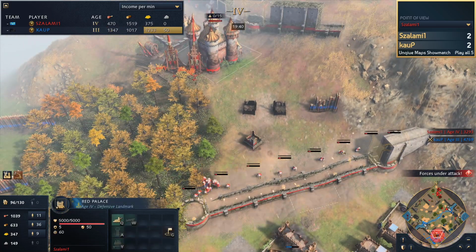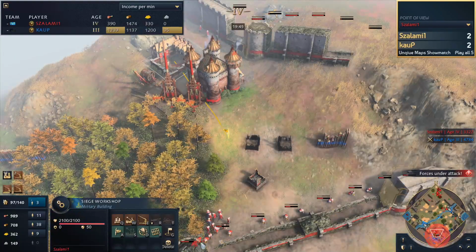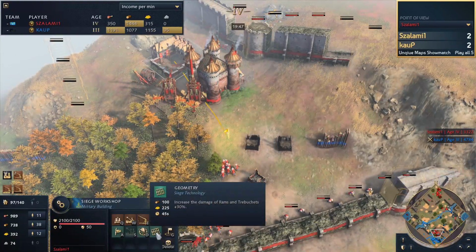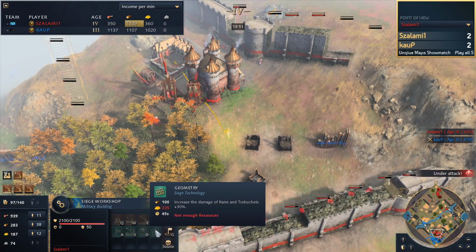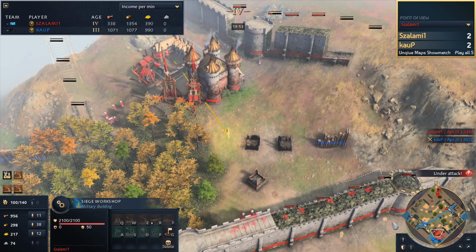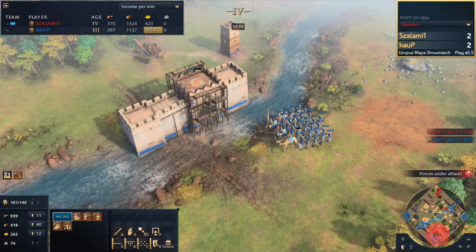And how is the opponent going to stop this? Trebuchets are shelling the starting town center, and Szalami is grabbing trebuchet after trebuchet. Geometry, an upgrade that was moved to the siege workshop, now will allow those trebuchets to have 30% more damage. Very important upgrade for Szalami. Gate is being made in the middle, so